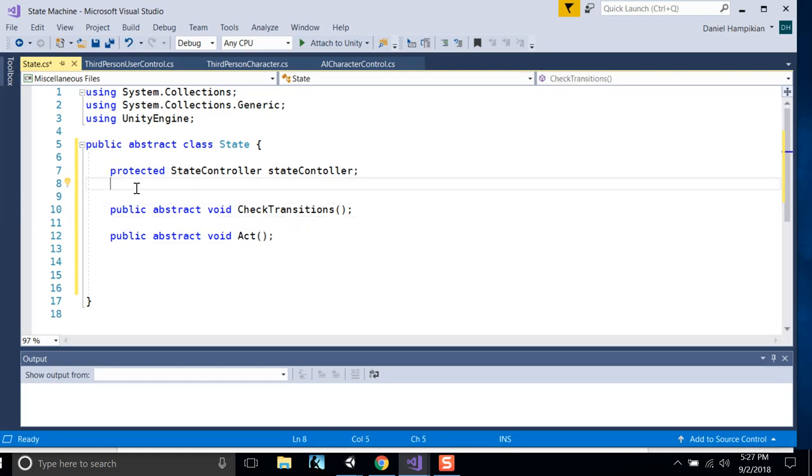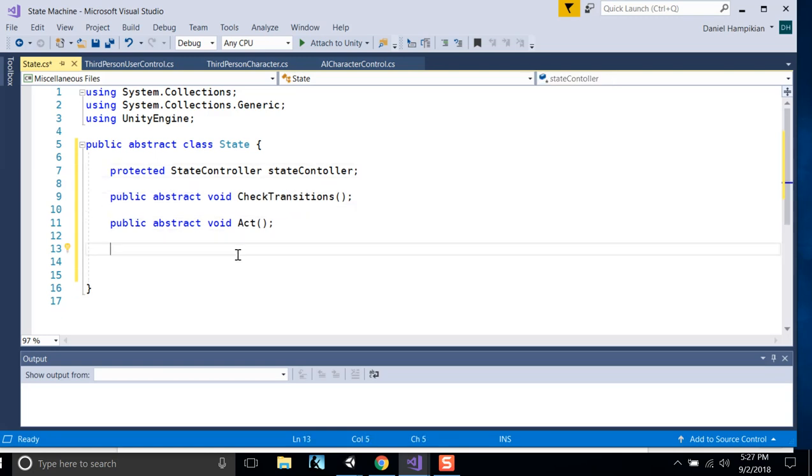So we'll always check, should we make a transition? And if we shouldn't, then we'll go ahead and act. If we should, we'll make the transition and then we'll act. All right. We'll have a method